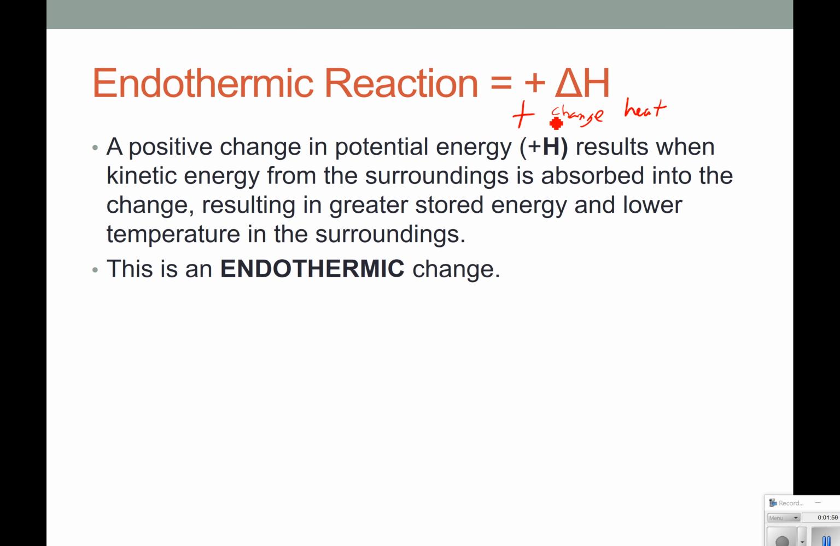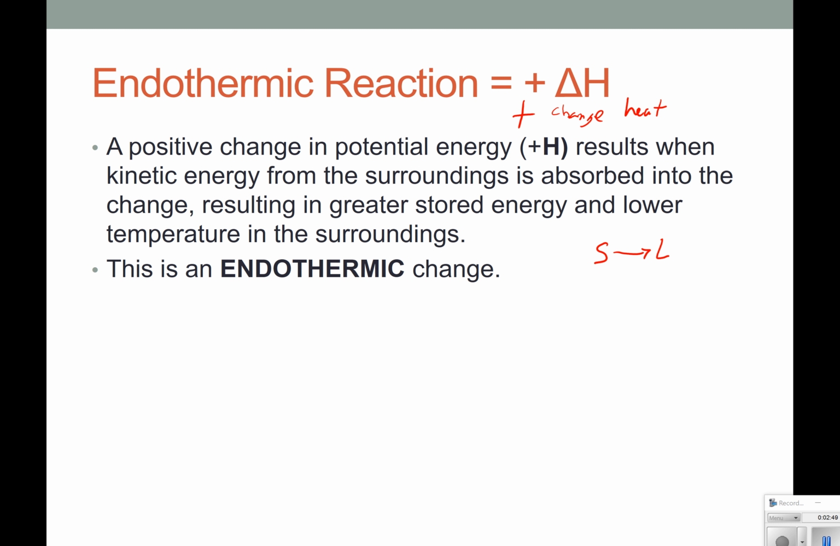It's a positive change in heat, meaning that kinetic energy from the surroundings, or if we're performing an experiment or reaction in a calorimeter, in that case the water, so energy from the surroundings of the water is absorbed into that chemical or physical change, which results in greater stored energy and lower temperature in the surroundings. Now this can be done in a chemical change, which we're probably thinking of as more common, but this will occur in physical changes as well. Now, positive delta H means that we are going to absorb energy from the surroundings in order to occur, and this occurs when we,